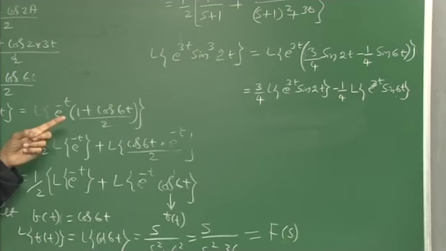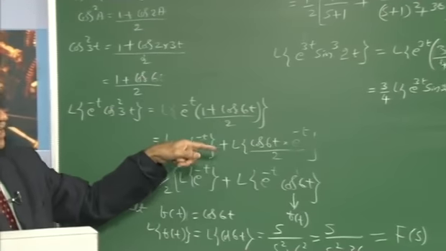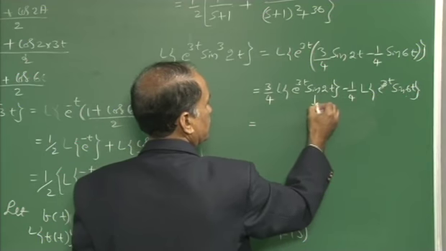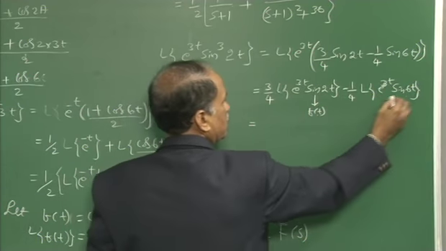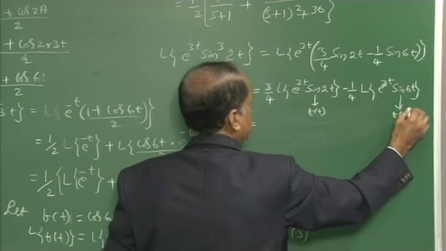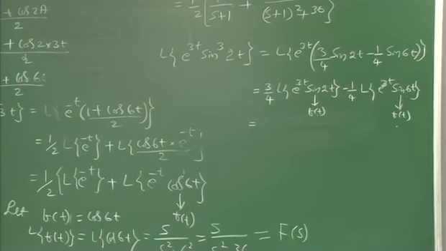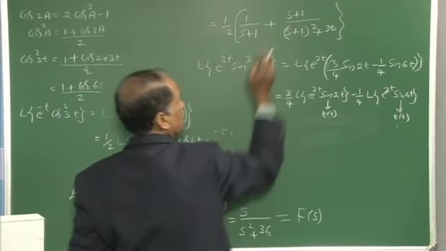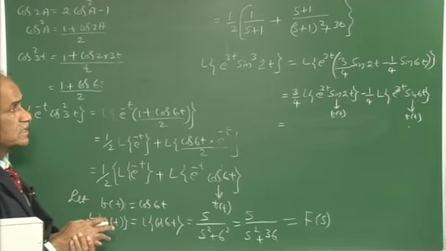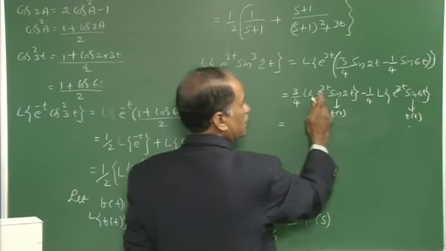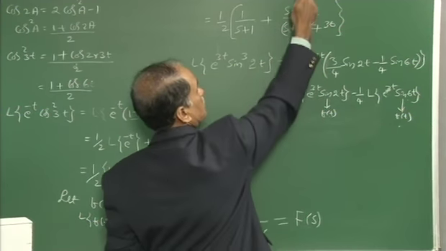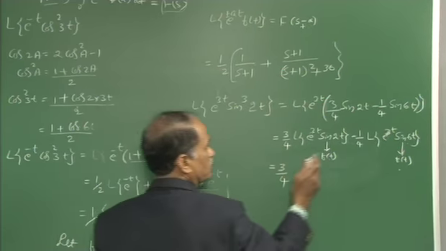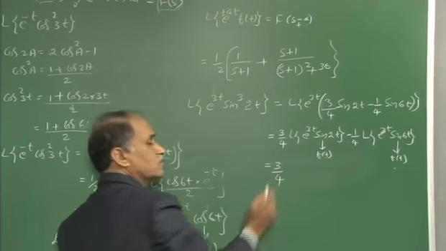Now you have to study Laplace transform of both the products, one is 2t, another one is 6t. In this case this can be defined as f of t and this can be defined as f of t. The formula says here L of e to the power at plus minus at, accordingly on the right side that is s minus a and s plus a. In both the cases that a is positive, then you have to write negative on the right side. So 3 by 4